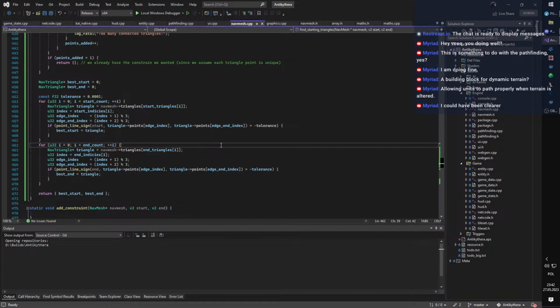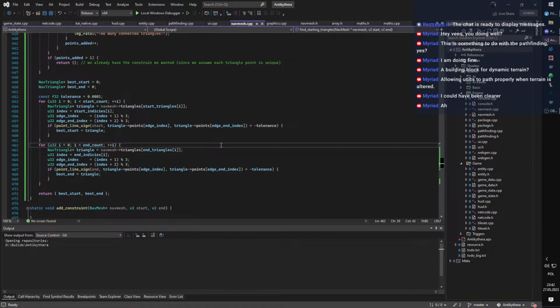Just one other thing that I'm thinking of: maybe it wouldn't be called dynamic, but it's more freeform terrain or whatever, where you can do stuff that is not aligned to the grid. Anyways,